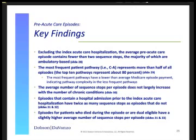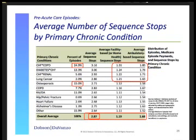Now let's look at the tables that show some of these findings. On page 26 on the left, we see primary chronic conditions. The first and highest one is congestive heart failure and COPD. It's what we call an interaction between those two conditions. As all of you in the audience know, conditions travel together for the Medicare population, and Medicare indeed found that when you have congestive heart failure and COPD, diabetes and congestive heart failure, or congestive heart failure and renal, you tend to be more intense. And as you can see, the number of average stops, even though people don't start with the hospitalization, are 3.16, 3.0, and 2.93, slightly higher than somebody with heart failure alone with no other condition, which has 2.68